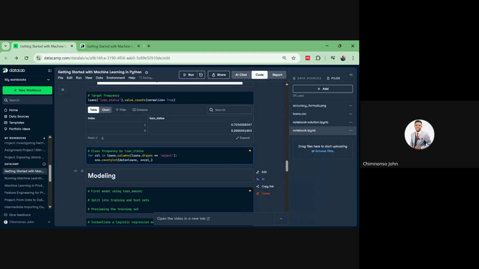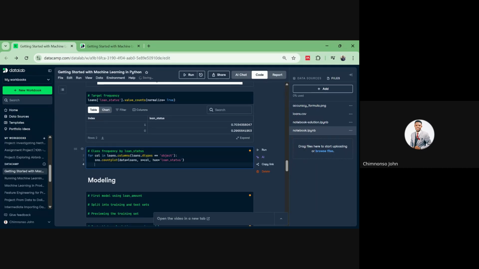Your y column is automatically the loan status. So we've created a for loop. If you run this, you will discover that we have many plots. Instead of writing different code for different columns,